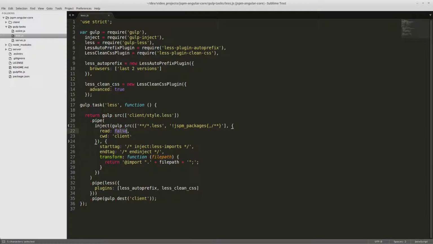And we are not going to read them because that will make this slower. All it does is try to read the file before it imports it, so we don't need that. And we're going to make it only look in the client directory. Then it's going to look for a start tag and an end tag, and it's going to inject all of our less imports between there, and it's just going to import all the files that end in .less in our client directory. Once it gets all that done, then it's going to run the less processor on the style.less, and